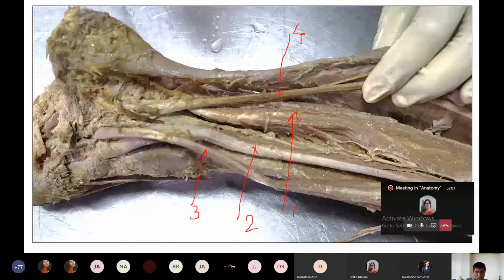So what is the number 1? Can you identify, some of you? Please give the answer a little faster, so that we can finish all the necessary parts of the lower limb in today's class. So what is the number 1? Can you give the answer, some of you? Can you contribute? Number 1? No contribution. Then I'll tell. I don't want to wait here because the time we have left is only 13 minutes.